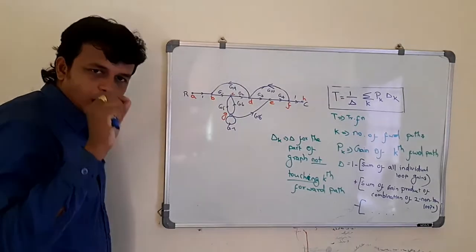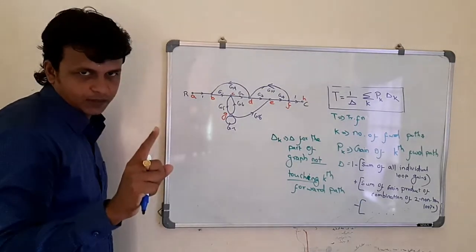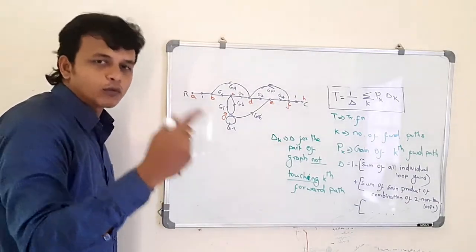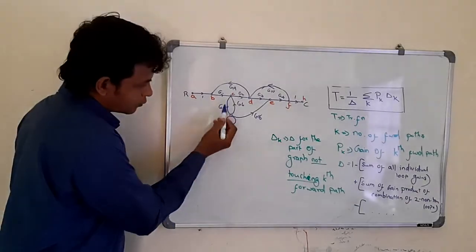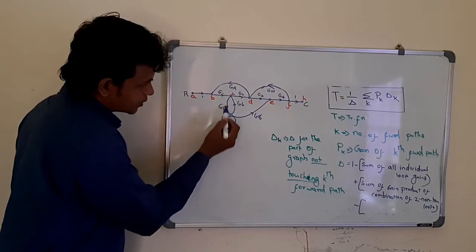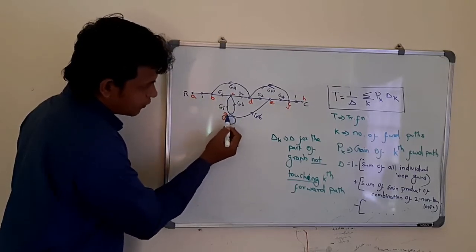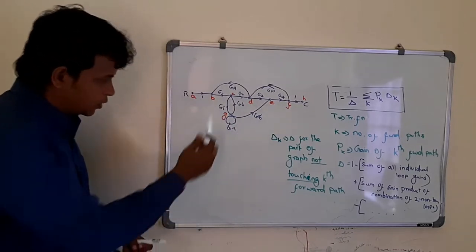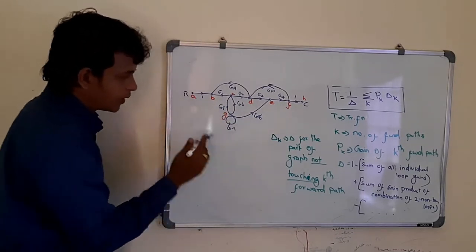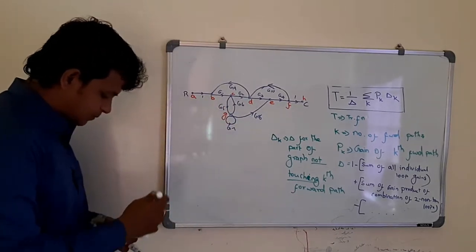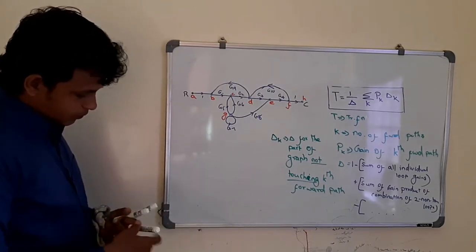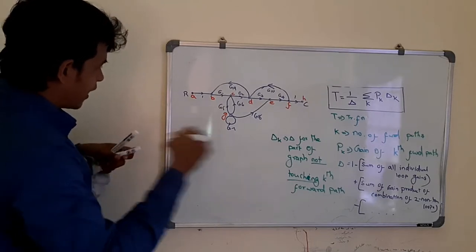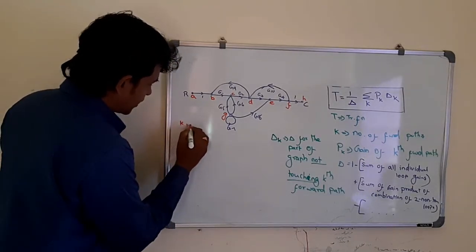So a forward path means we shouldn't touch the loop. We should cross a particular node only once. We should not travel across a node more than one time. So if we go through this path from C to G and again through this loop, we will be crossing this node G more than one time. So this is not considered a forward path. So we have only two forward paths, right? So k equal to 2. So we have identified k equal to 2.